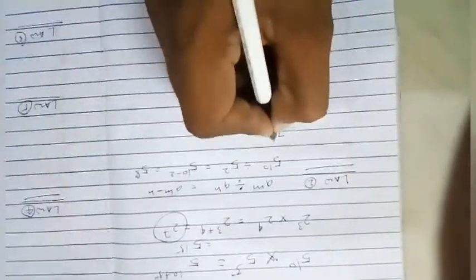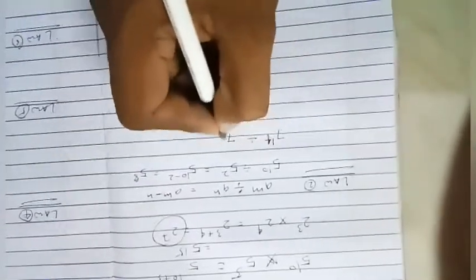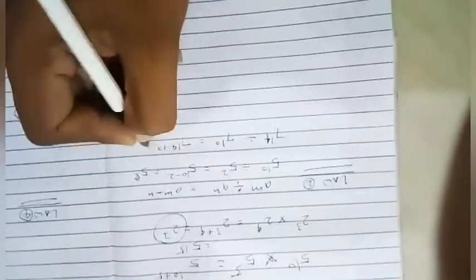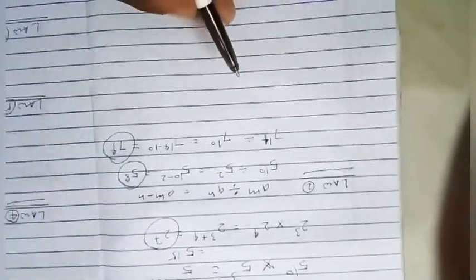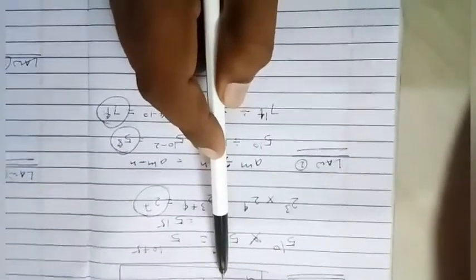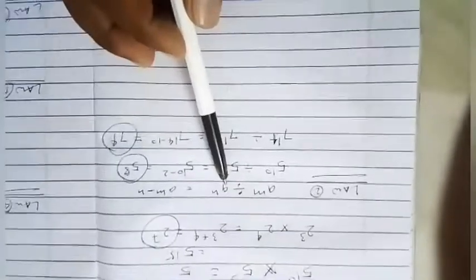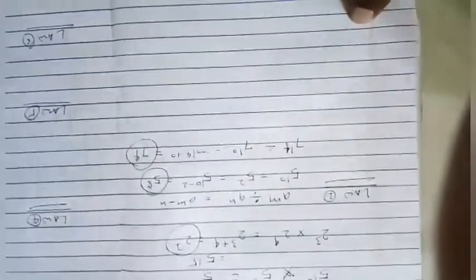Or you can say 7 raised to 14 divided by 7 raised to 10, then this would be 7 raised to 14 minus 10. This would be 7 raised to 4. So in this way you have to apply rule number 2, or law number 2. If the bases are the same and the exponents are different and the multiplication sign is there, then you have to do the addition in the exponent. And if the division sign is there, then you have to do the subtraction in the exponent. So these are rule number 1 and rule number 2.